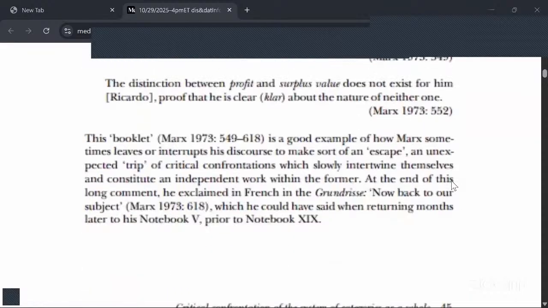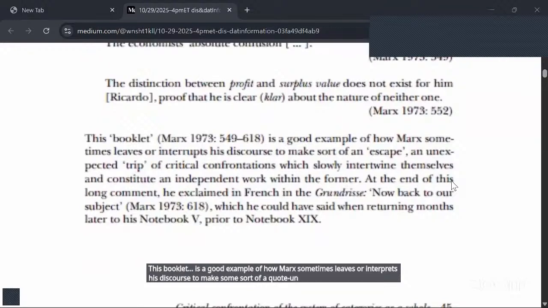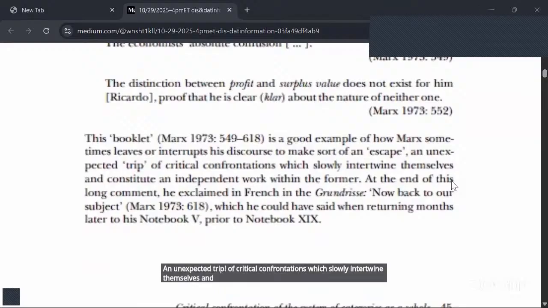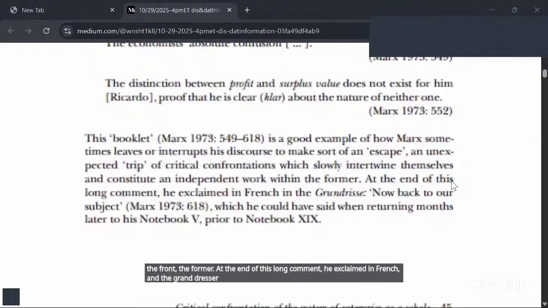This booklet is a good example of how Marx sometimes leaves or interrupts his discourse to make some sort of escape, an unexpected trip of critical confrontations which slowly intertwine themselves and constitute an independent work within the former. At the end of this long comment, he exclaims in French in the Grundrisse, now back to our subject,